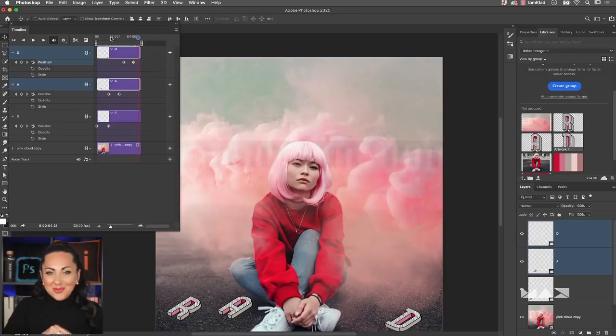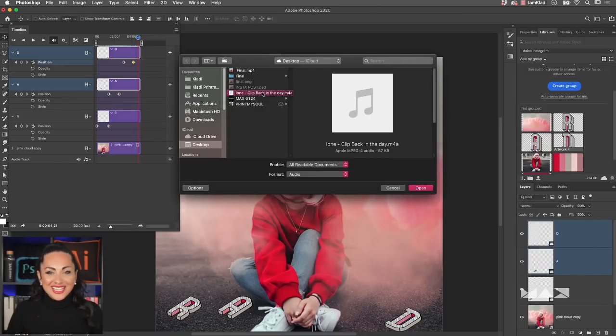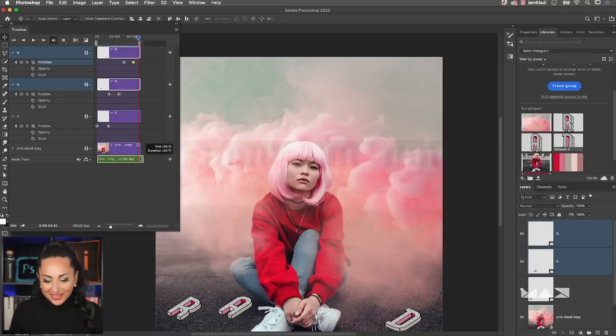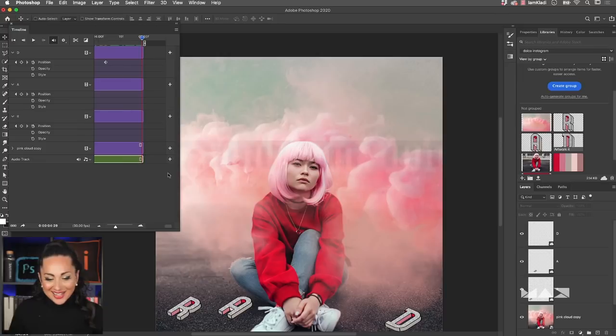But I want to share one more secret. Do you know that you can add also music into your Photoshop animation? All you have to do is to click on this little music icon and then click on Add Audio. I already have a clip that very kindly one of my amazing clients, a successful singer-songwriter called Ioni, allowed me to use for this presentation. So all I have to do is to select the MP4 from the destination folder, click on Open, and Photoshop will bring it directly in. Now I'm going to make sure that the clip has the same length, and we are ready to play.